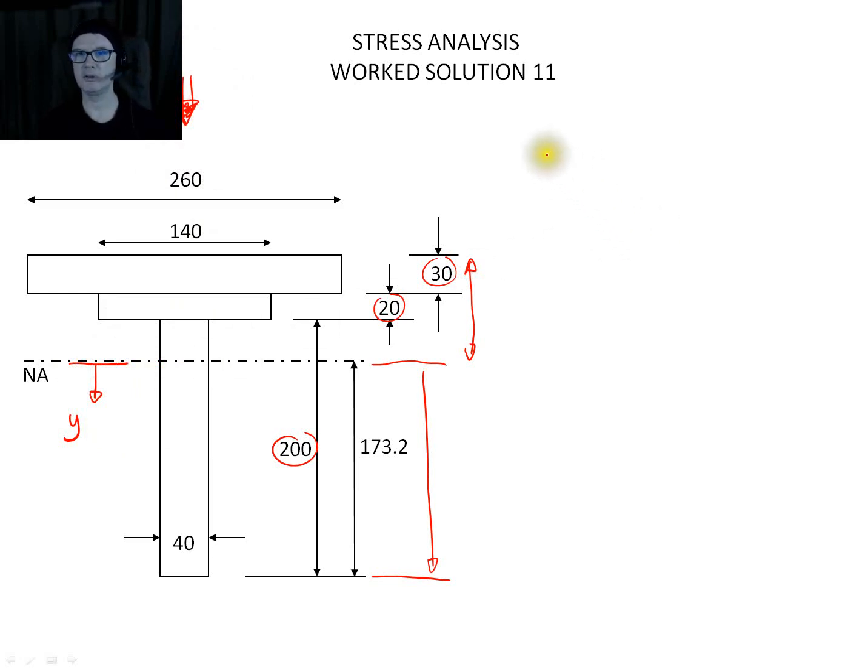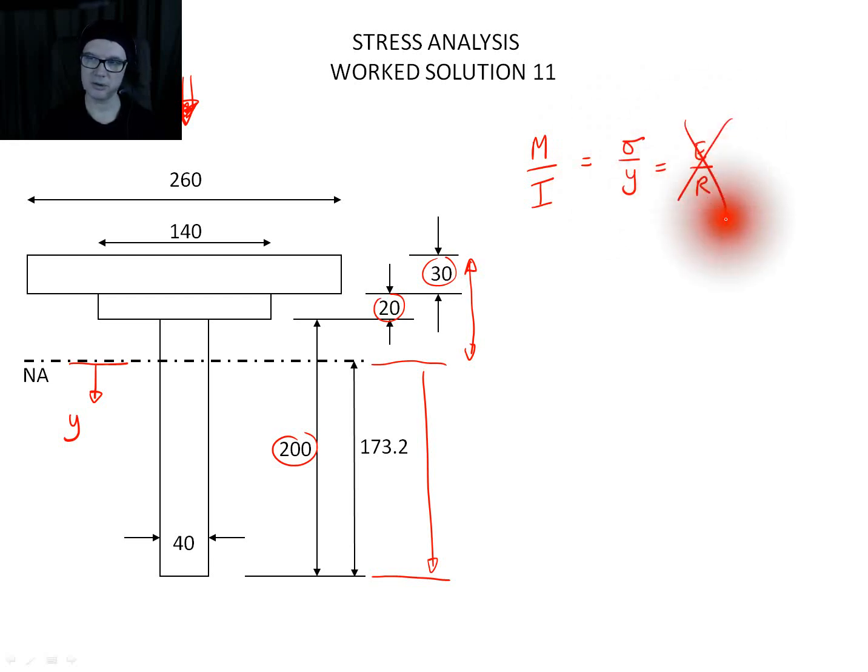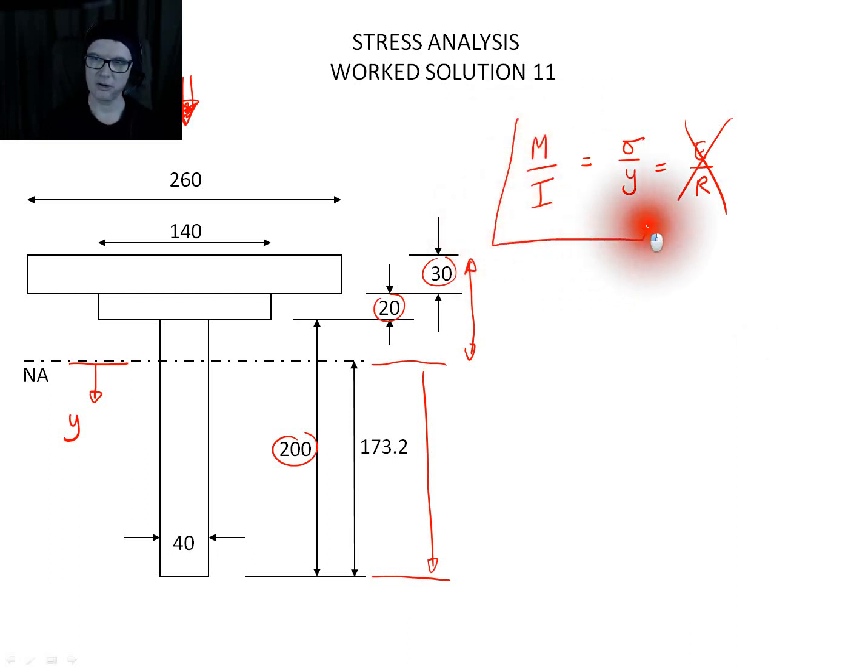What we're doing here for this problem is we're using the engineer's bending equations. So M over I, stress over y, and E over R. On the whole, we're not interested in the last column of that data. We could use that to make rough calculations for deflection, but we're interested in the stress caused by bending